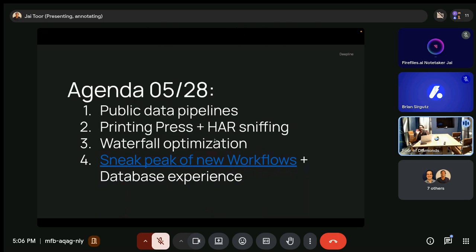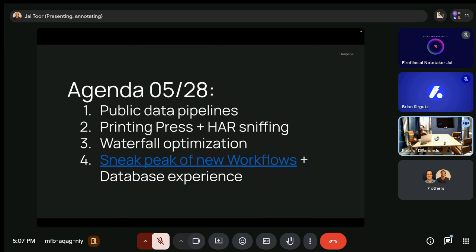Related to that, I'm going to go through another skill that we've been integrating into Deepline, and we'll probably borrow a little of what they're doing going forward. Waterfall optimization. How do you make sure the waterfall sources you're using are the best for your particular use case? You might want full coverage in some cases. Other times you might want to optimize for cost and volume. The order and providers you use in those two cases might differ. Depending on what you're optimizing for, you can give guidance to Claude Code, and it'll give you the optimal option.